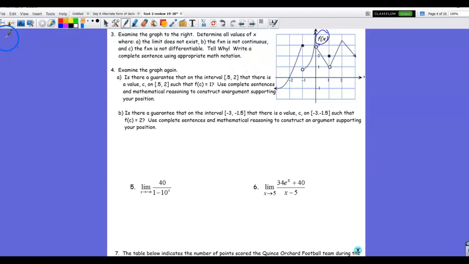So I'm going to start over here near the graph. So 3a, where does the limit not exist? Well, the first place I see the limit not existing is at x equal to -1. So the limit